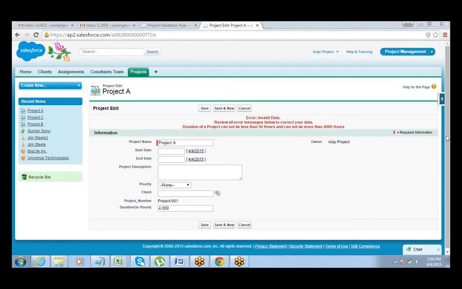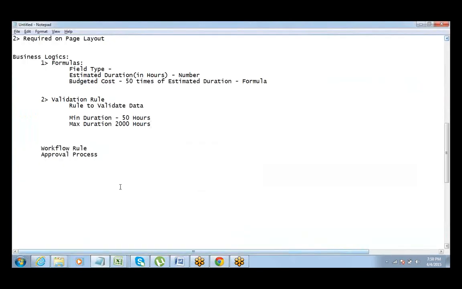So let's do one thing. Let's quickly get into one thing. I want to share an activity with you. Do we have the project object, every one of you? You have the project object in your Salesforce app, right? Project object is there with everyone. Okay. So let's quickly do a couple of activities before we move into the workflow rules, because I just want you to understand these formula and validation rules a little better.